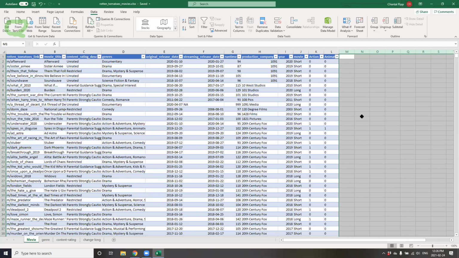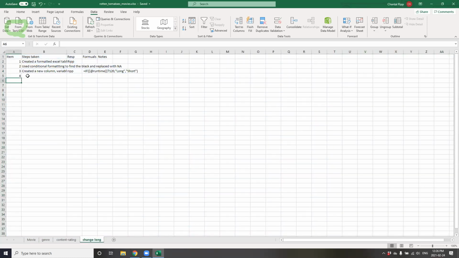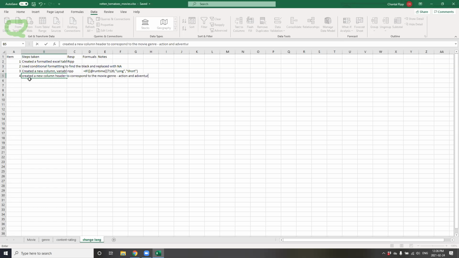So we can continue documenting the steps that we took here, and we did use the next function. So, you know, here we could say created a new column header to correspond to the movie genre and created action and adventure. That's what it was. And type in the formula we did, the if statement with is number and search.